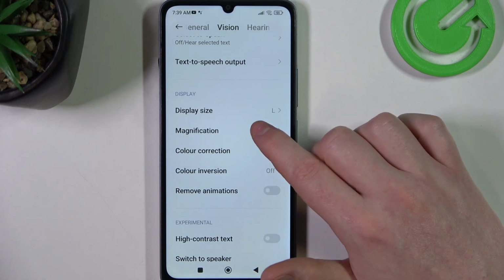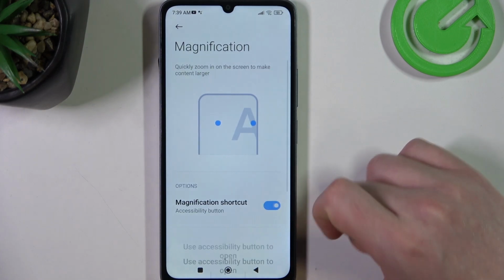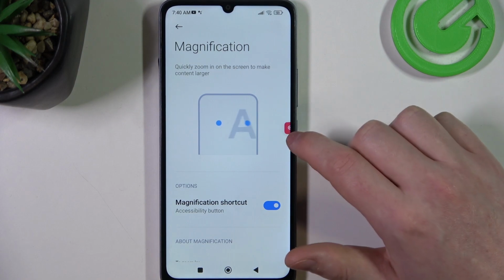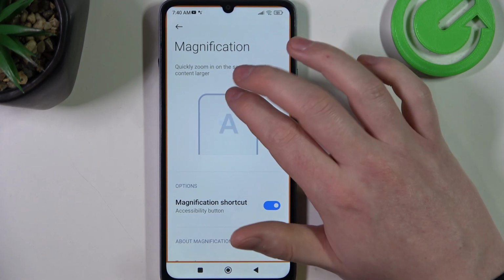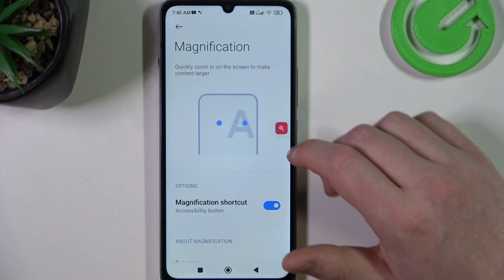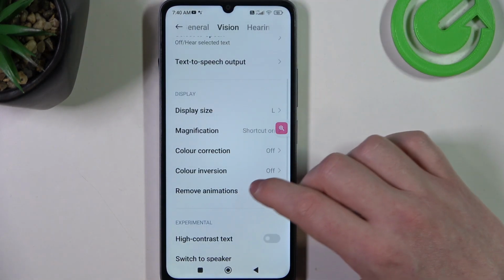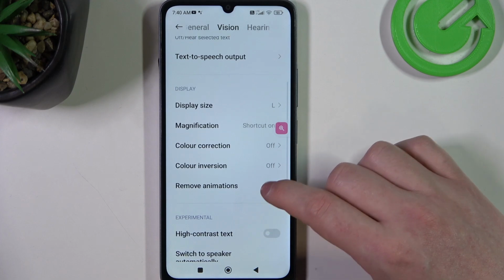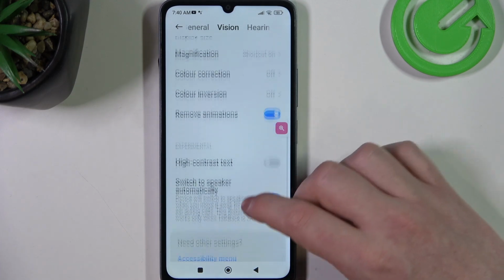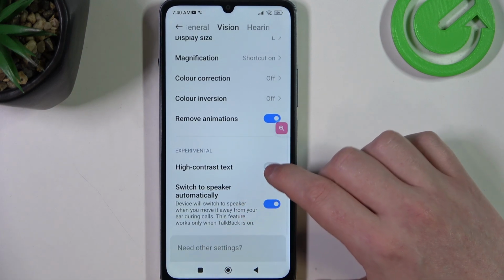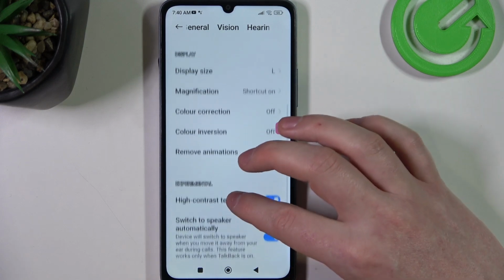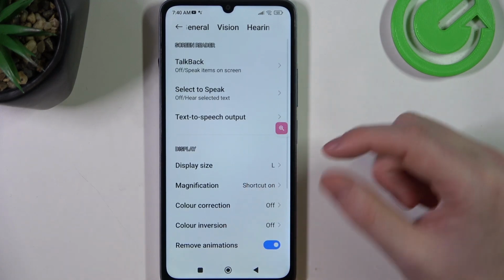Then we have the magnification. When you activate it, you'll be able to use this icon that floats around your screen to magnify onto your screen like this. So click on that icon again, and you'll be able to remove magnification. Then next one is to remove animations, which will reduce motion sickness when you're using this device. We can also activate high contrast text, which makes all of the text much more readable as it becomes a